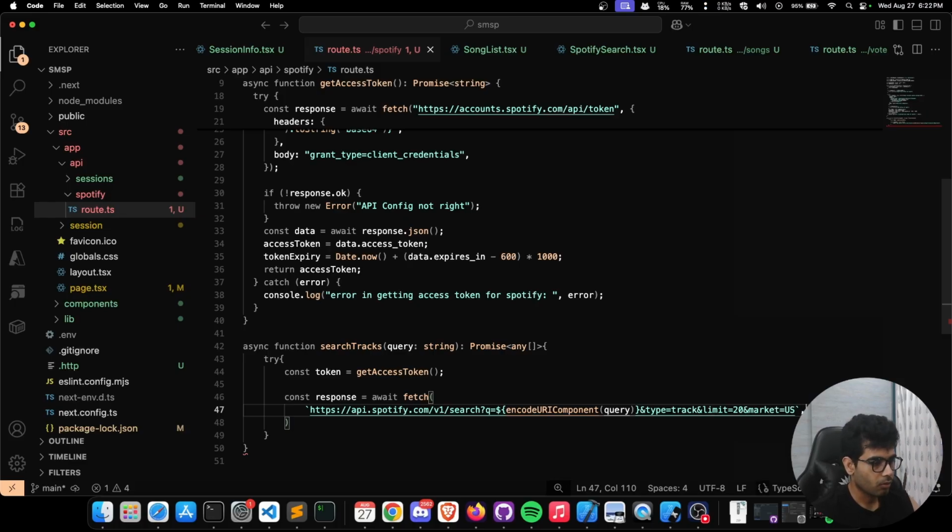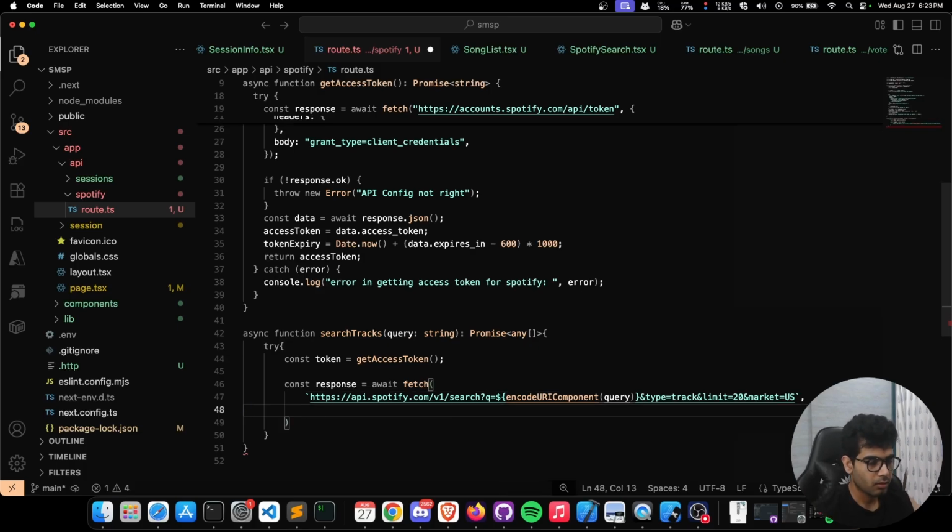So this is going to be the whole API. So encoded query, so that we remove all the apostrophes and everything from that and just make the query URL encoded, and then we give it type equals to track and limit. Okay, so this is going to be nice, and then this is, yeah, and since this is going to be